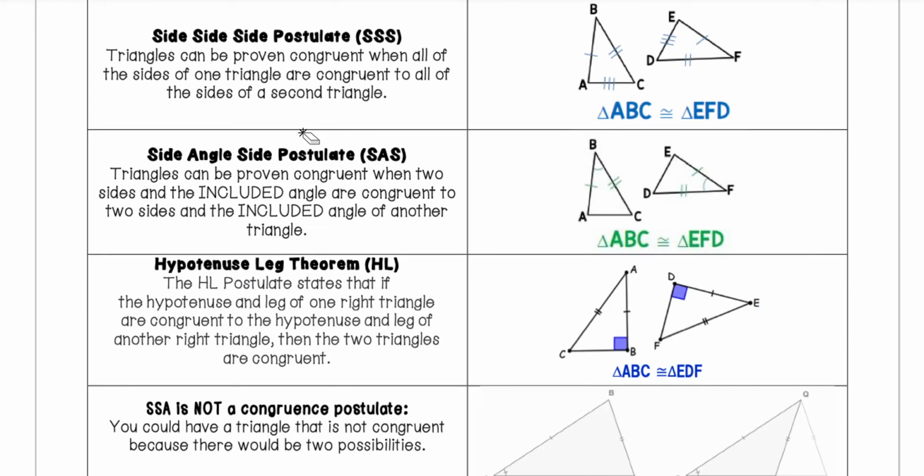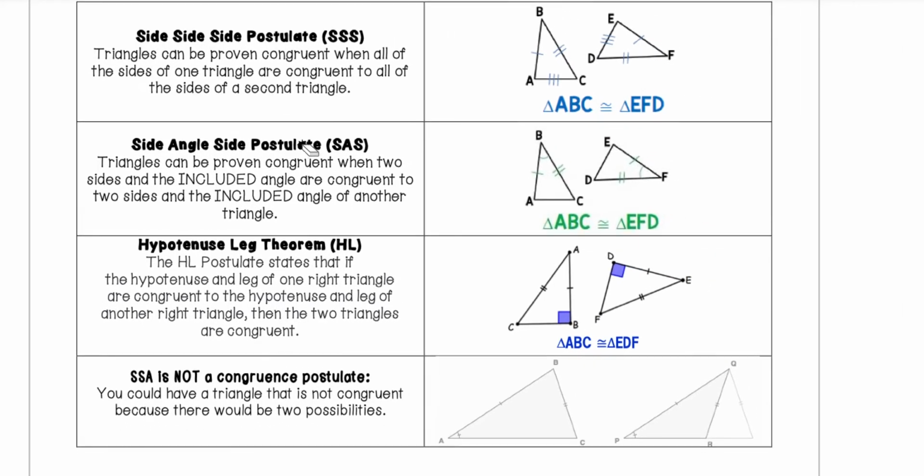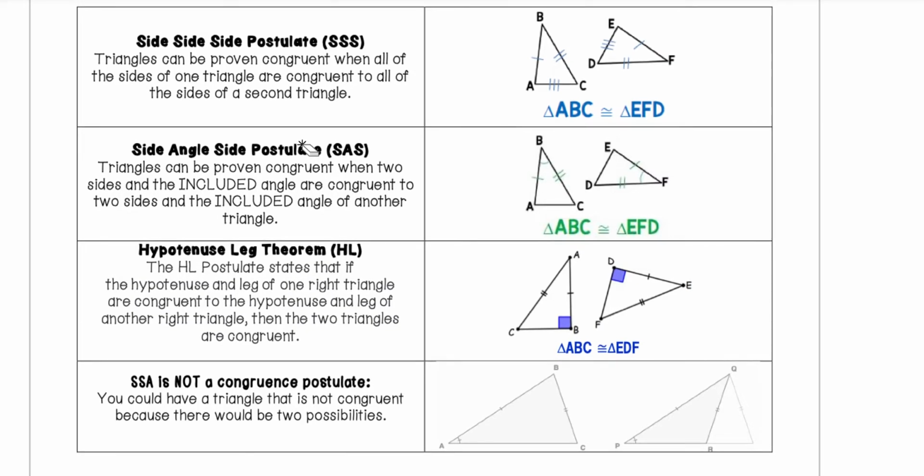So some of the other postulates and theorems that we are using to prove triangles congruent. We first have what's called the side-side-side postulate, and we abbreviate this using SSS. So triangles can be proven congruent when all of the sides of one triangle are congruent to all of the sides of a second triangle. So if you were given a diagram like this, where all of the corresponding sides here were marked with those congruent tick marks, then you would be able to figure out what the congruent statement is, and the reason would